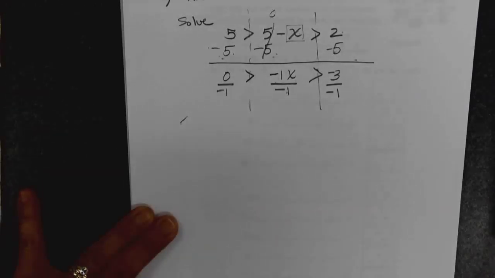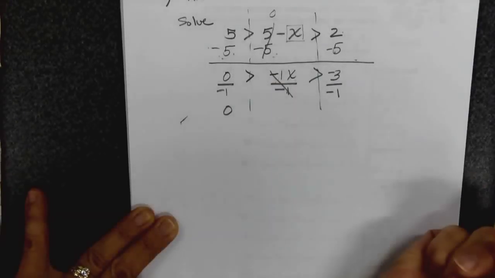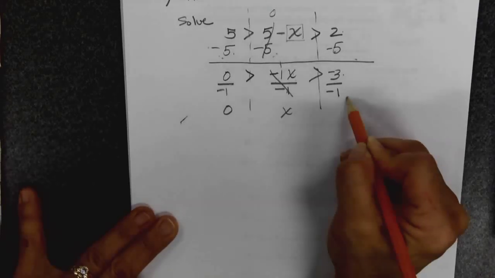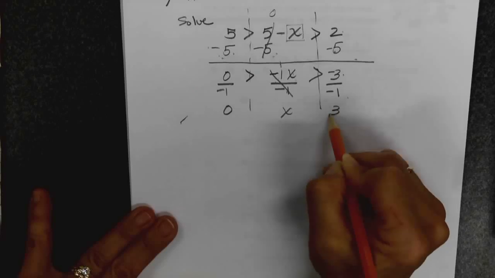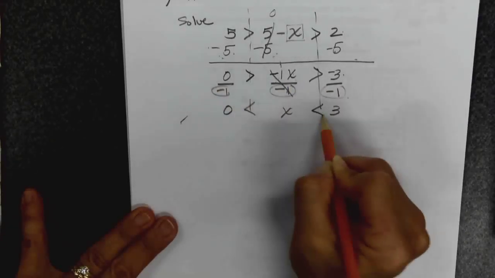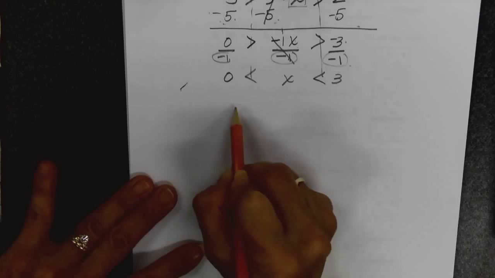What's 0 divided by negative 1? 0. Negative 1 divided by negative 1 is 1. 1 times x is x. And what's negative 3 divided by negative 1? 3, because 2 negatives make a positive. And because we divided by a negative number, we must flip the inequality. This is an and. So now when I graph it,